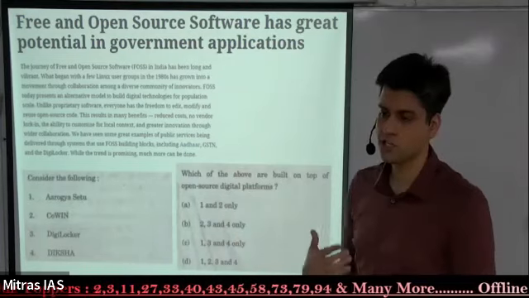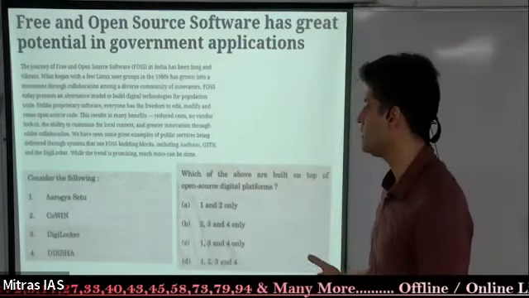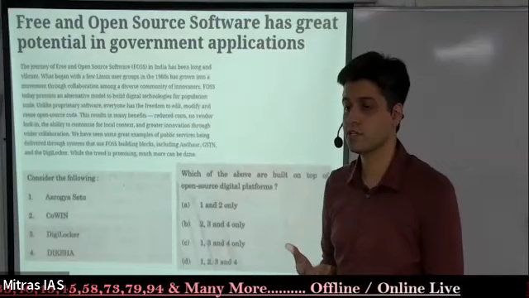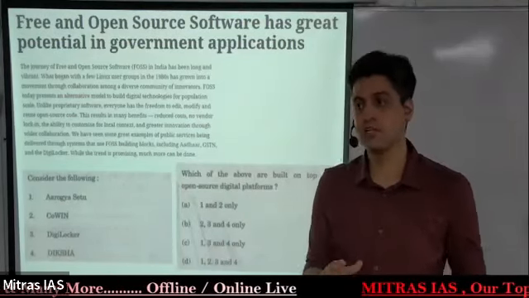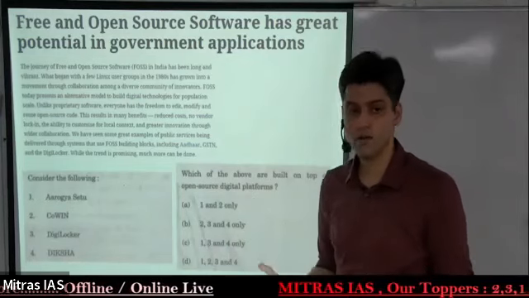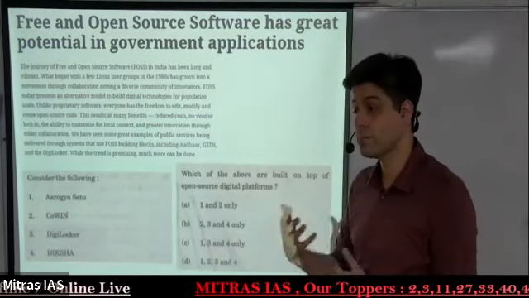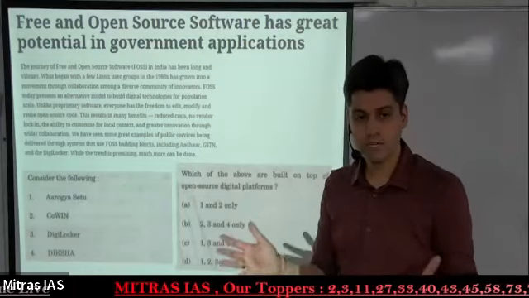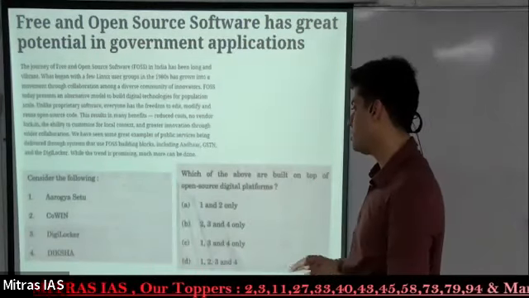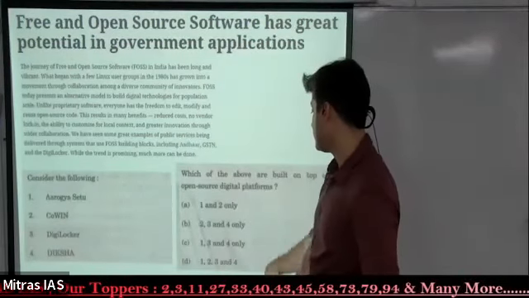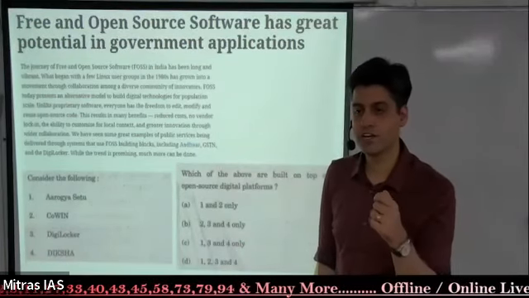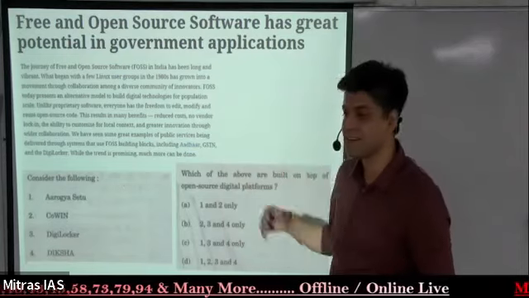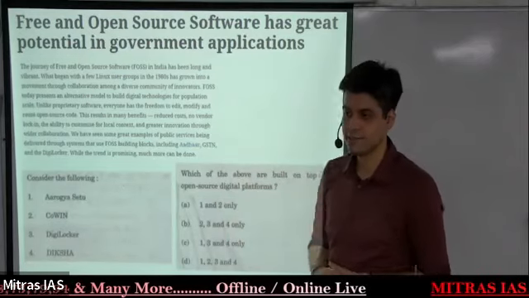Here, the elimination method will also come into play. Easily you can understand COVID and Arogya Setu. When it happened, the government also repeatedly said in the news that we are providing it as open source code so that people can use it for their multiple benefits. So if you identify 1 and 2, B and C are eliminated. With a little more knowledge, like reading this article, you can do it correctly.